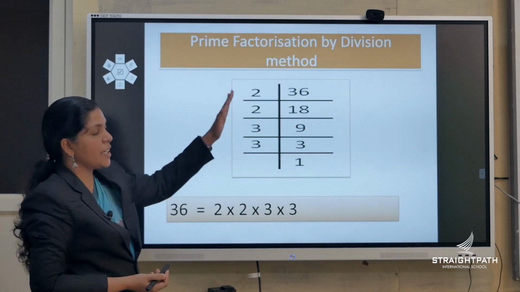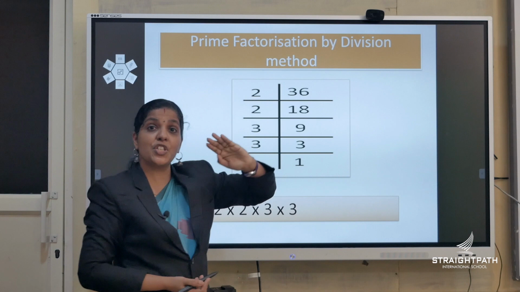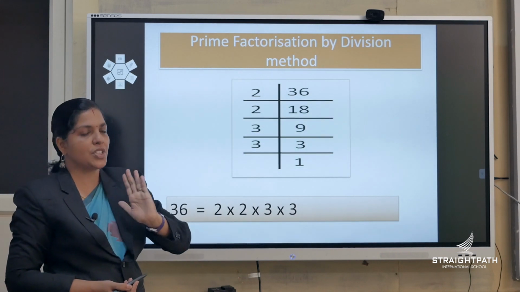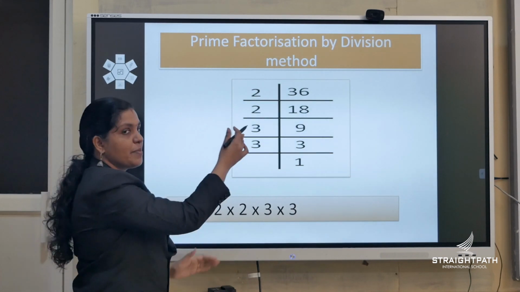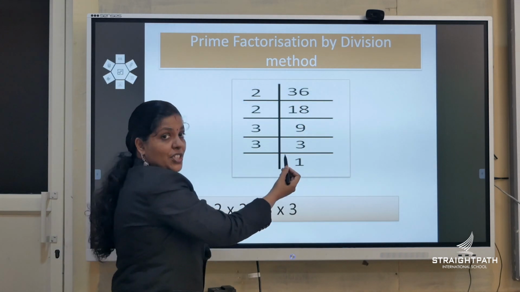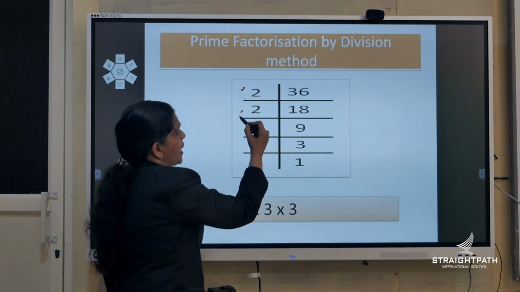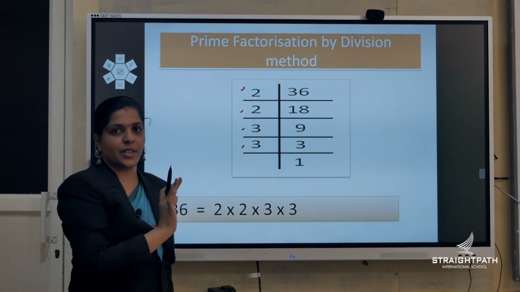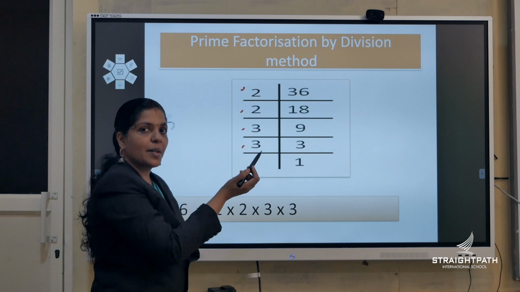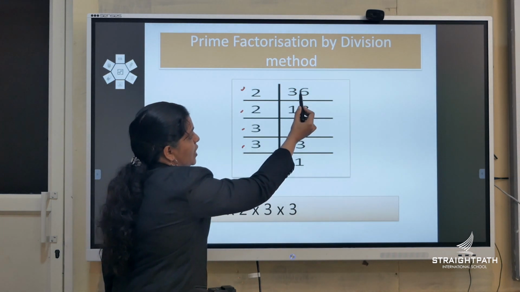The same prime factorization can be done by another method that is called the division method. You know how to do division, same method. So see, same number I have chosen, 36. I am going to do the division. While you do the division, you have to use only prime numbers, that is something you have to note. So 2 is a prime number, so we have to start with 2, 2 into 18 gives you 36,